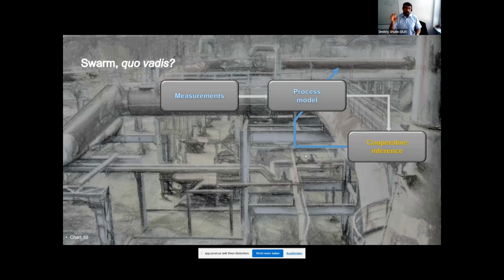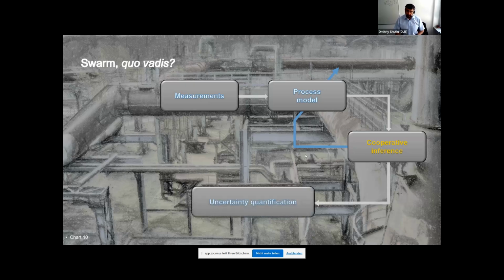We would like to rely on distributed information processing so that the swarm is intelligent on its own, without having one data collection and data processing location that would crack the numbers. So cooperative inference is another element which is quite important for us. But we go beyond that.